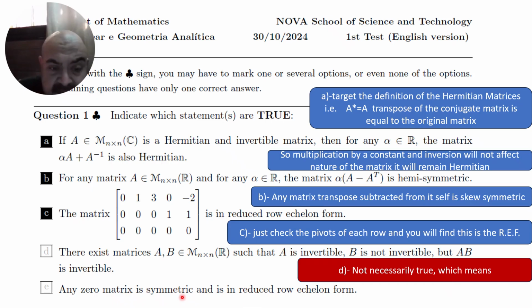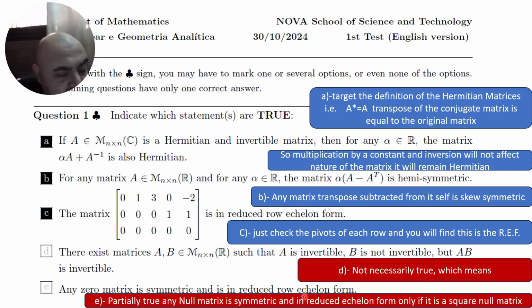Any zero matrix is symmetric and is in reduced echelon form. Let's discuss this assumption. Partially true. Any null matrix is symmetric and in reduced echelon form only if it is a square null matrix, because he told you any zero matrix. So you are exposed to cases where you will have null matrices but 3 by 2 or 2 by 3 or 5 by 4. So it's not a square matrix. So for this statement to be true,